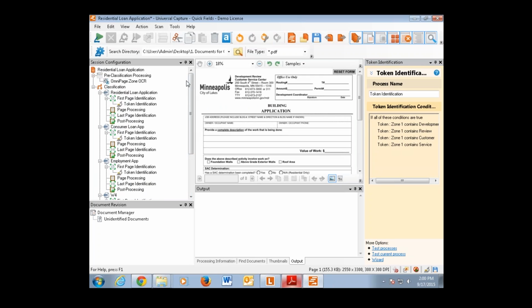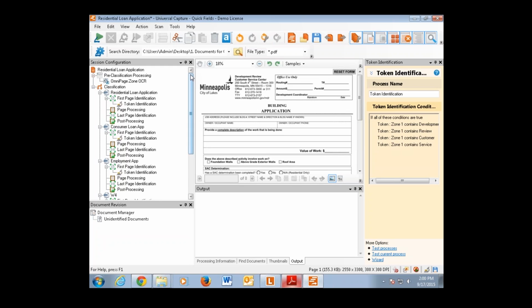It's also best to run it in pre-classification processing, because if you're running zone OCR in your page processing for a specific document class, the OCR engine has to load every single time, whereas in pre-classification processing it loads and runs constantly. Everybody who knows anything about OCR knows it can take a long time if it's running. You don't want to run it all the time on everything, but you actually gain productivity by running it in pre-classification processing, because the amount of time it takes to load